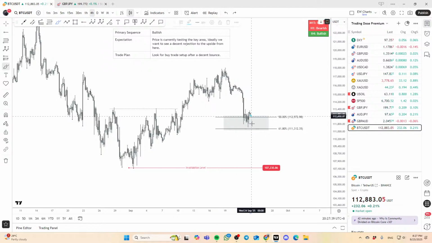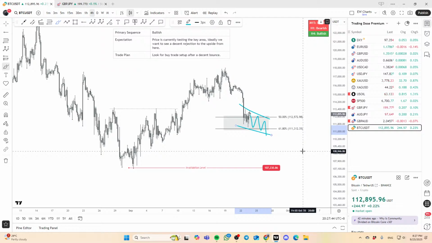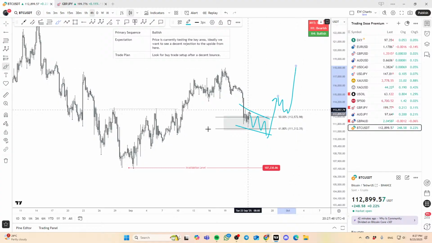If price just continues to develop into a crawl in terms of a key area here, it's also pretty straightforward, right? Then what we'll wait for is a reversal sign, and then we'll look for upside from there. Okay, so again,